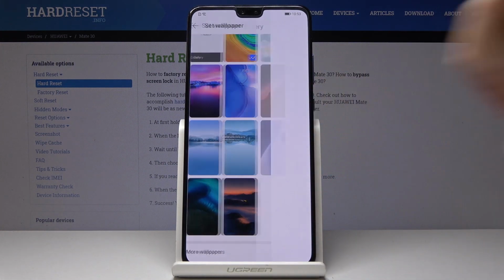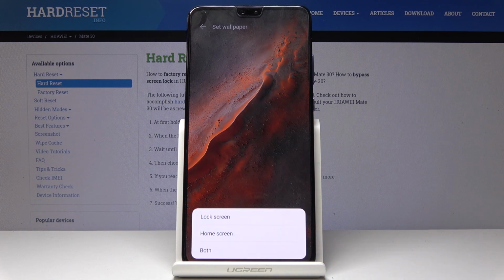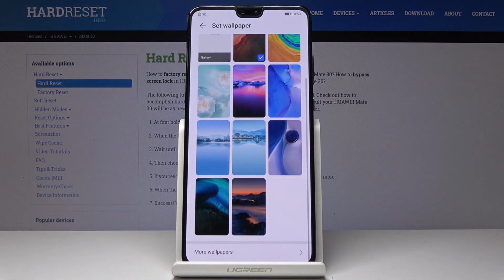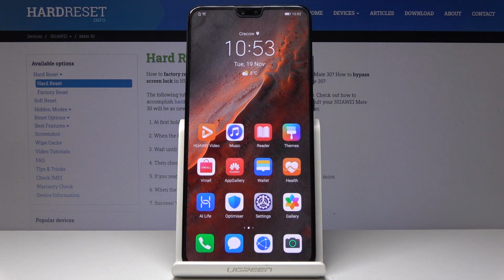So it can be this one. And if you would like to apply it, simply click on confirmation mark and then decide if you would like this picture to cover just your home screen, your lock screen, or maybe both of them. And this is what I will choose. I would like to have it on both home and lock screen. Wait a couple of seconds. And that's it. As you can see, from now on, this brand new wallpaper is covering both your home screen